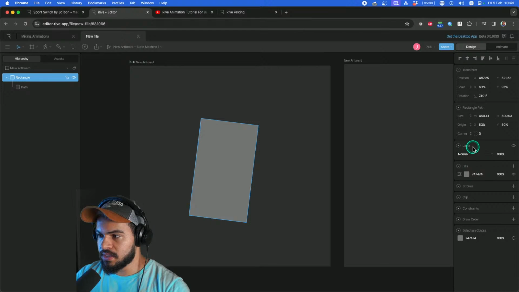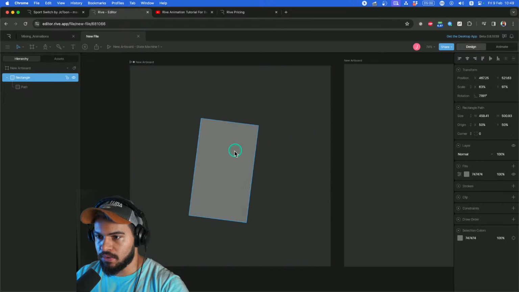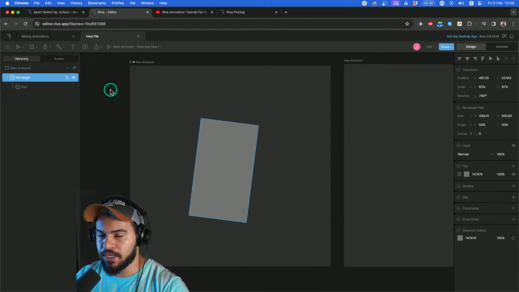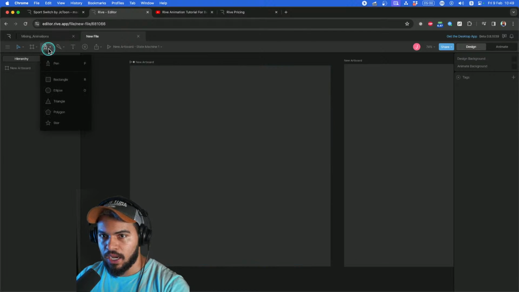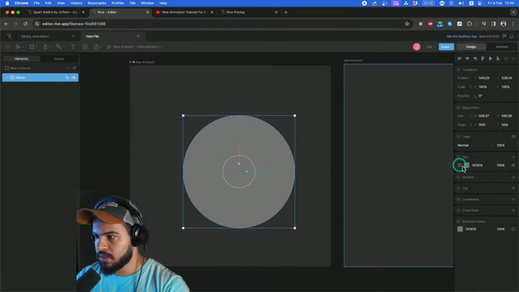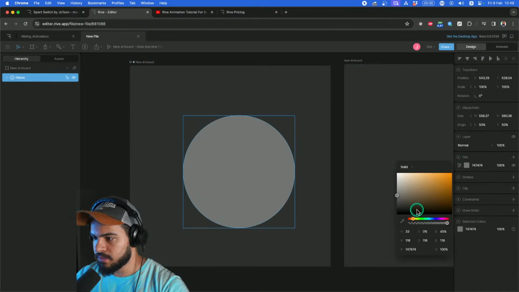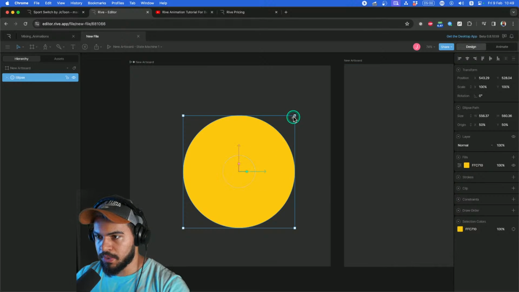Here we have the layer system, like the blend mode, you know. You can just change this layer to multiply. Imagine, the multiply is very used for making shadows. Let's make a nice thing here for now. I'm going to select the ellipse, make this ellipse, and then I will make this something like this, yellow. I will duplicate,